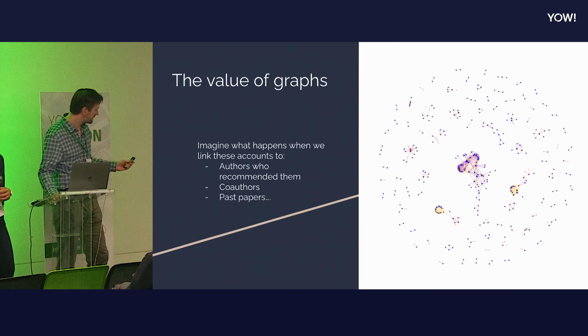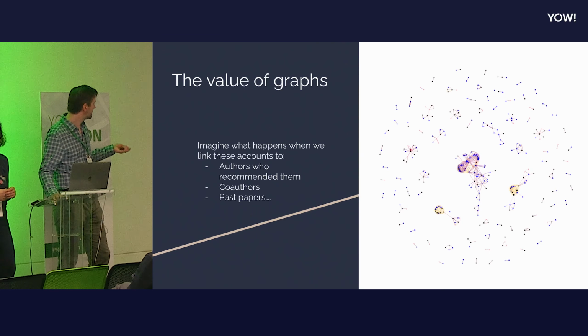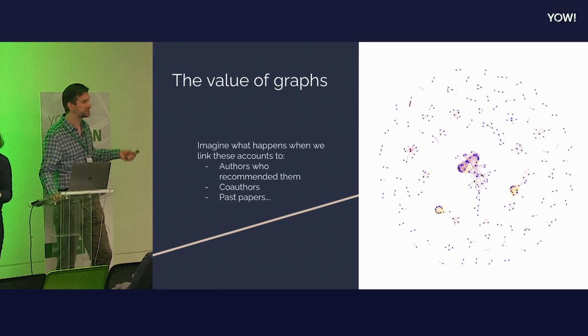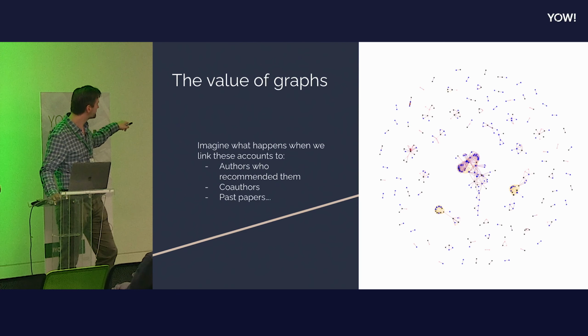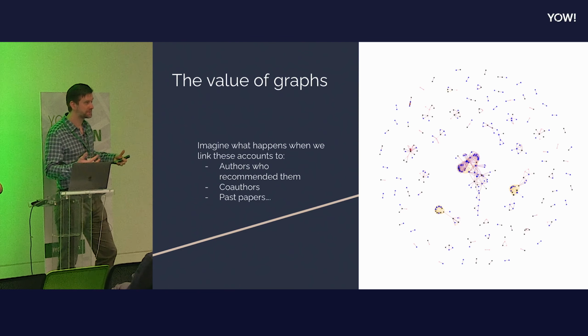The real value of using graph analytics comes when you start connecting this to other data, because this is like leads, right? This tells us where something dodgy has happened. But sometimes you find that authors recommend these referees. You think, okay, well, the author is probably in on that. Then you find that the authors have co-authors, and past co-authors, and past papers they've written. All of this is now suspect and worth looking into.